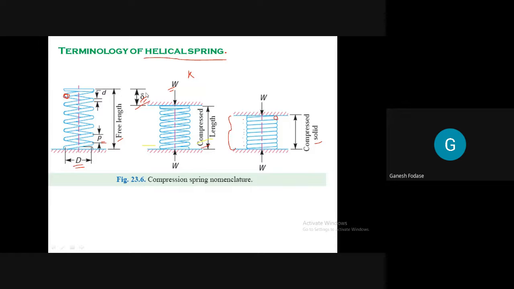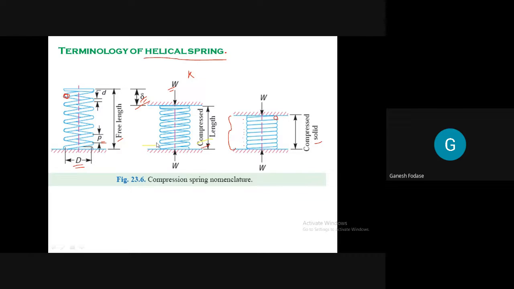You can see that even though the load applied is maximum, there is still some gap between the wires. So whenever maximum force is applied on the spring, there should be some gap. It is not at solid length, but at some compressed length. So there is a difference between compressed length and solid length. In solid length, there is no gap between the wires, but in compressed length, there is some gap between the wires. This compressed length is under the action of maximum force. When maximum force is applied on the spring, it undergoes maximum deflection and the spring is said to be at compressed length.